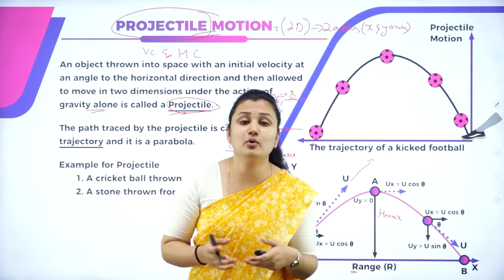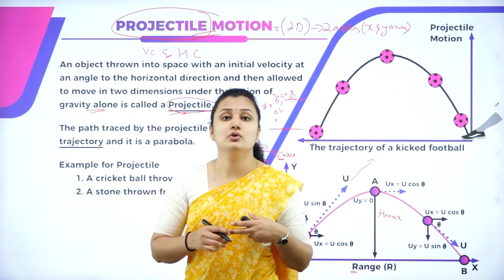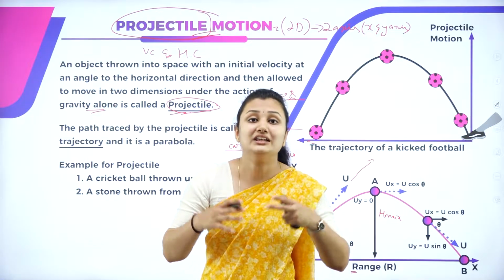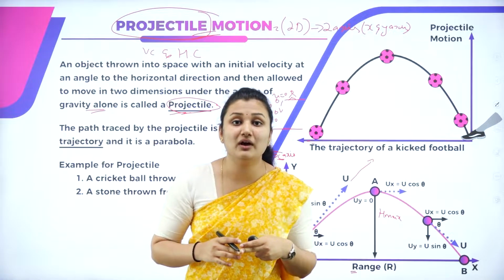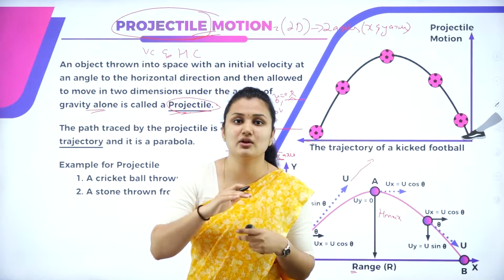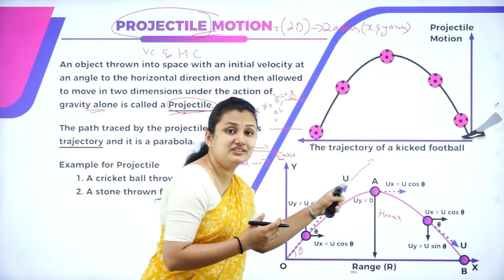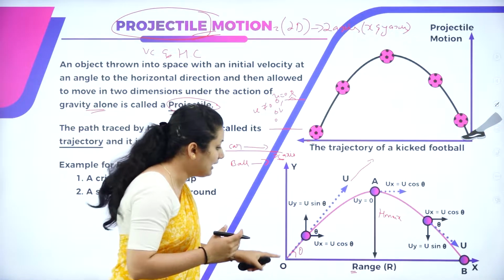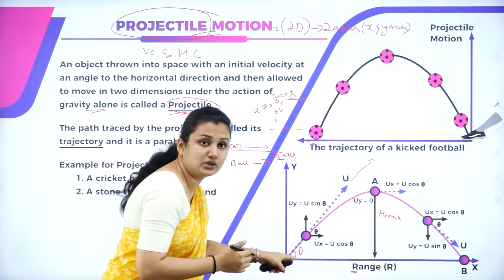So next we will resolve the component, that is, the initial velocity u. We have learnt about resolution in our previous session. What do you mean by resolving? That is nothing but splitting up or dividing the component into its respective components along the x and y axis. So we'll resolve this initial velocity u into its respective components along the x axis and along the y axis. So with respect to theta,